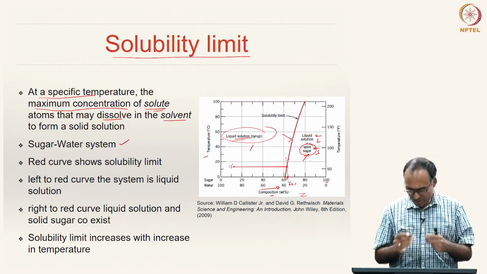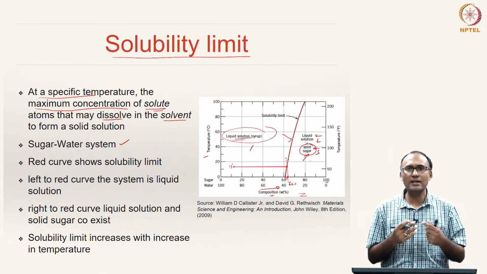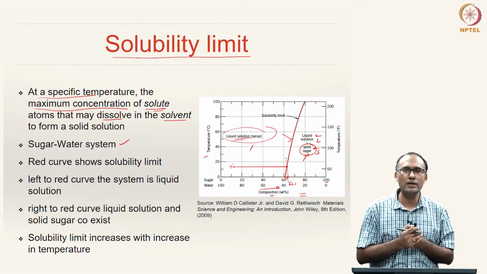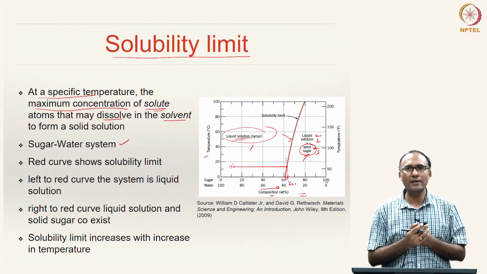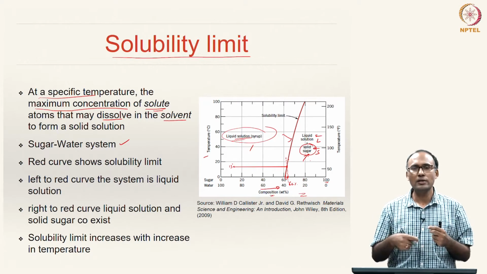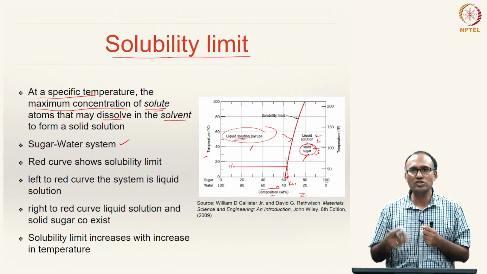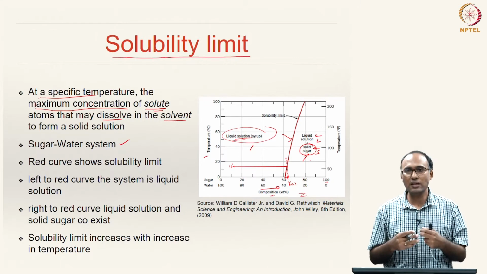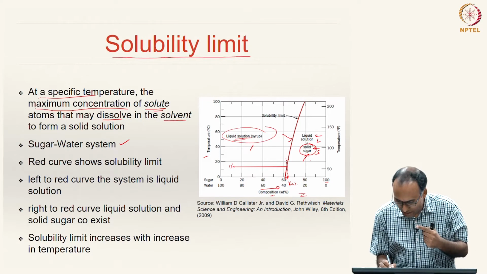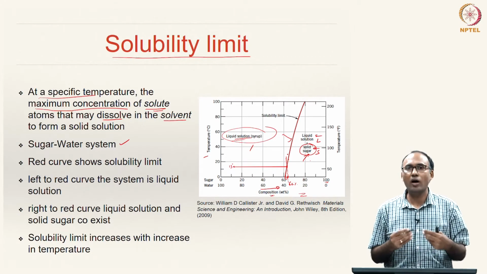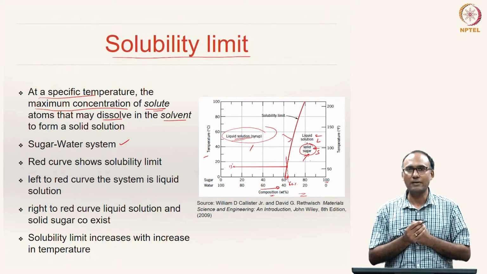because the solubility now is higher than your alloy composition. This is typically what you must have observed when your mom tries to make some sweets made of sugar. They add sugar and water in a pan and put it on a stove. When they keep on heating, after some time the sugar gets dissolved in water, right. The reason it gets dissolved is because you are increasing the temperature of the solution. As you increase the temperature, the solubility of sugar in water is increasing, as we have seen in this graph, the red line, right.